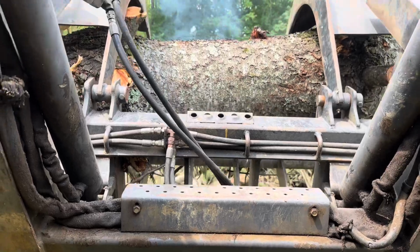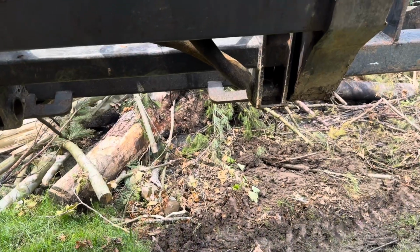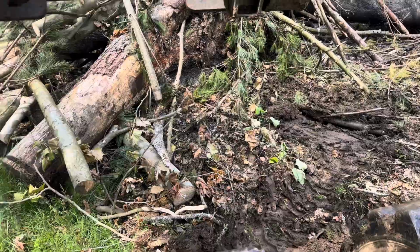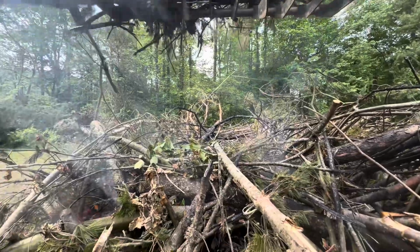Man, I wish I had a good place to put this camera. So I've got as close to the pile as I can get. I'm going to try to tilt that down, open up the...